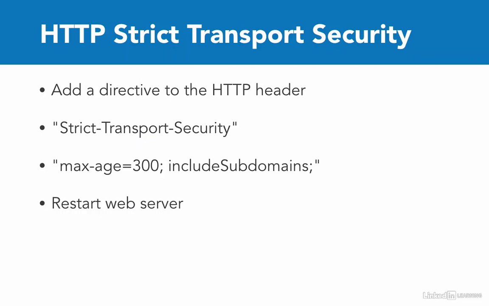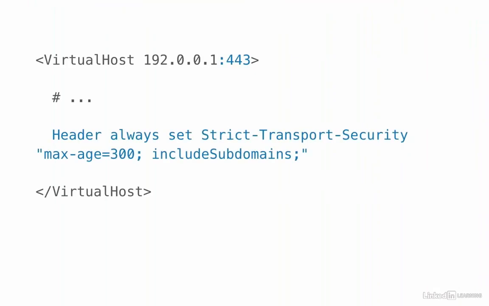So how do you add this directive to the HTTP header? There's a number of different ways that you can do it. The most common way, if you're using Apache, is to add a directive to your secure virtual host file. That's the one that ends in :443, and just add a directive called Header always set, and then the name, strict-transport-security, and then in quotes, what we want to set. max-age=300; includeSubDomains;